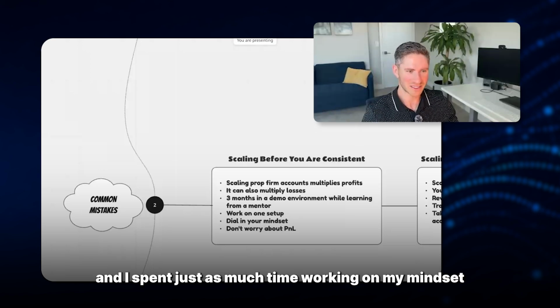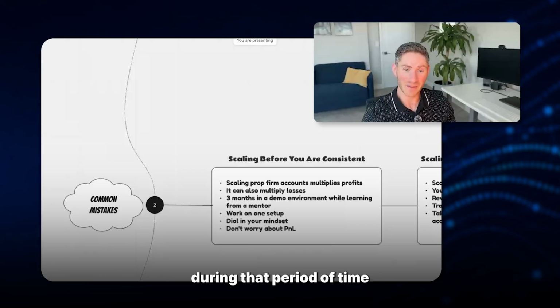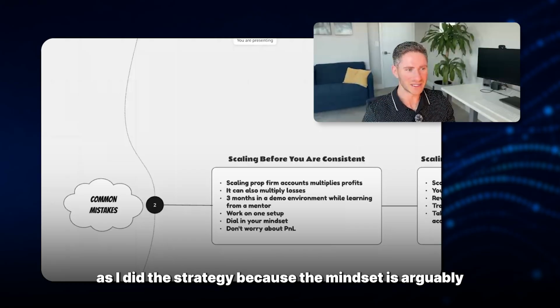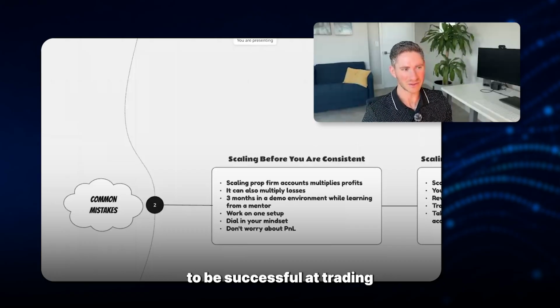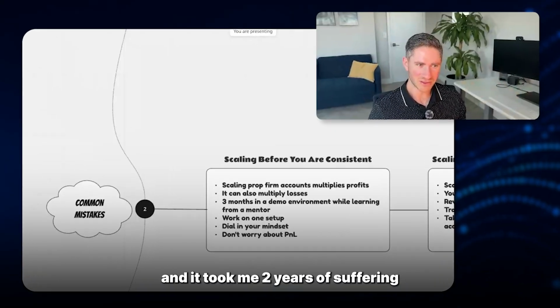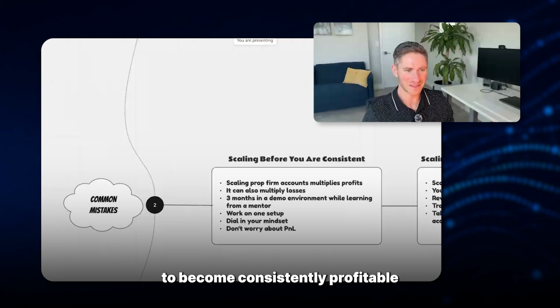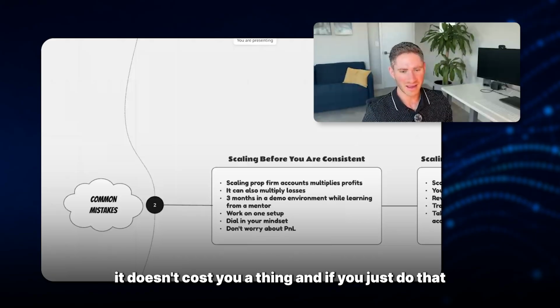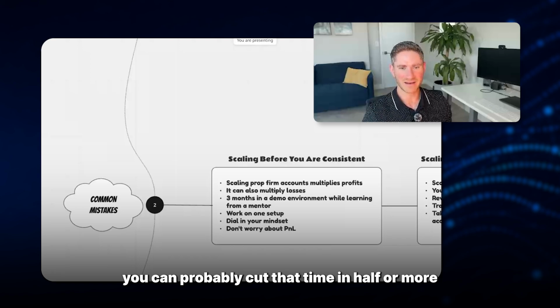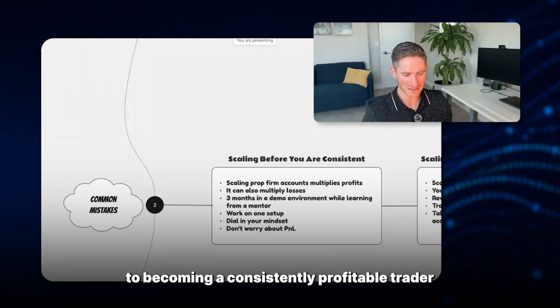And I'd spend just as much time working on my mindset during that period of time as I did the strategy, because the mindset is arguably the most important thing that you will have to master to be successful at trading. I didn't do that myself, just to be clear, and it took me 2 years of suffering to become consistently profitable. And if you just practice in that safe demo environment, it doesn't cost you a thing. And if you just do that, you can probably cut that time in half or more to becoming a consistently